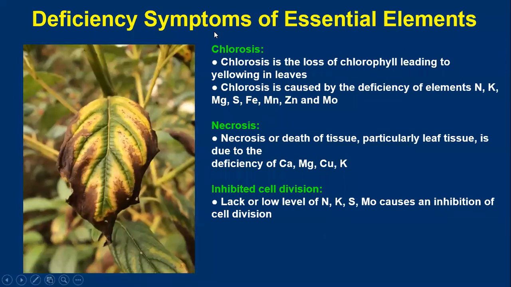This is also a question maker's favorite area. You'll be given the symptoms of chlorosis, that is, a plant showing a loss of chlorophyll and yellowing of the leaf, is due to the deficiency of which of the following elements. So they'll give you options containing any of these elements. Listen very carefully. Chlorosis means yellowing of the leaf. Due to the loss of chlorophyll, you'll find the yellowing of the leaf. It is due to the deficiency of nitrogen.